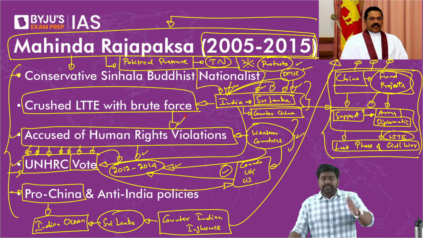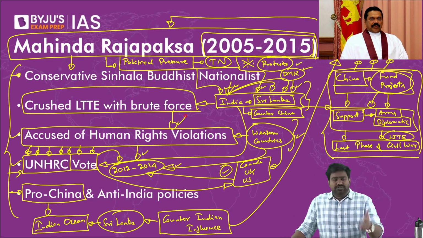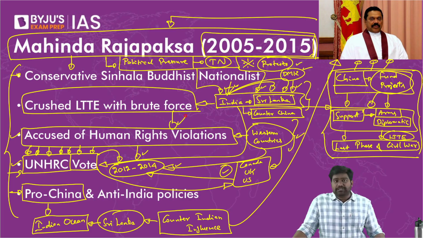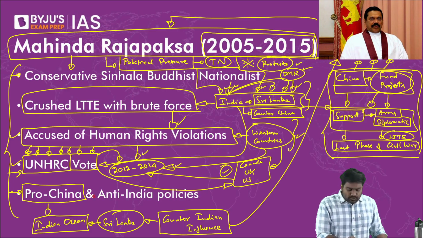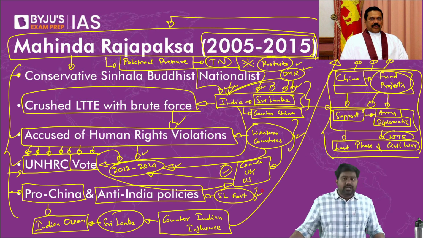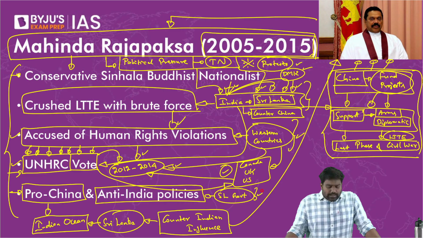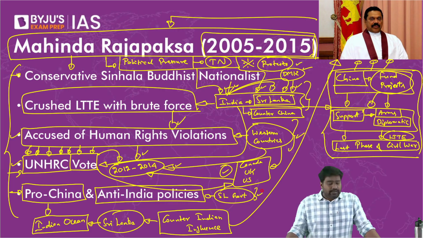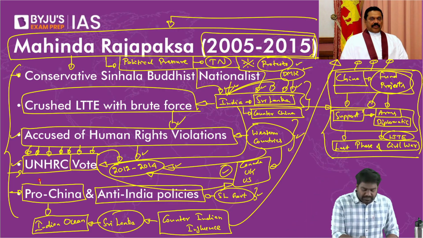We saw the decline of Indian influence, right, where China was easily stepping up its presence and getting closer to the Rajapaksa brothers. So this obviously led to anti-India policies being adopted by the Sri Lankan government. We saw a series of decisions by the Sri Lankan government where many key projects which were supposed to be given to India were cancelled and awarded to Chinese companies. And the Chinese Navy, the PLA Navy, stepped up its deployment into Sri Lankan ports such as the Colombo port.